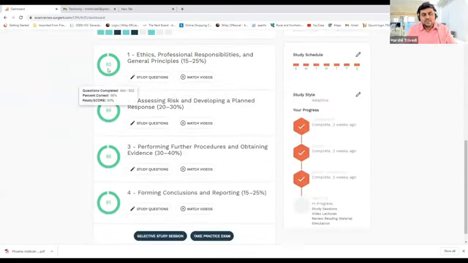See the score that she has got. 93 marks in the first topic. 93 is the ready score. Percentage of correct answers is 98%. In this one also, she is getting a 94% ready score. Ready score is nothing but, if you are appearing for the examination right now, the score you are supposed to get. That is what it is telling you.